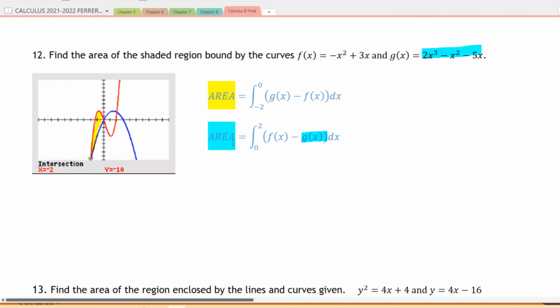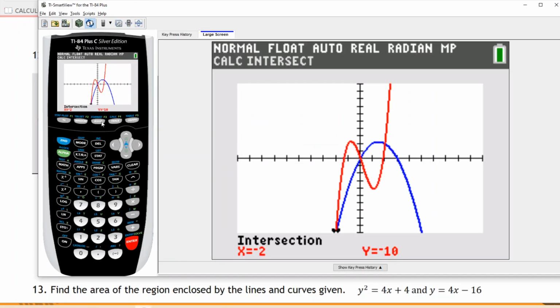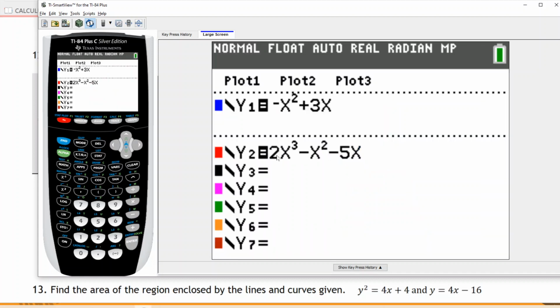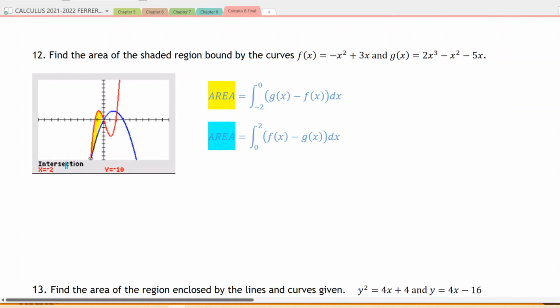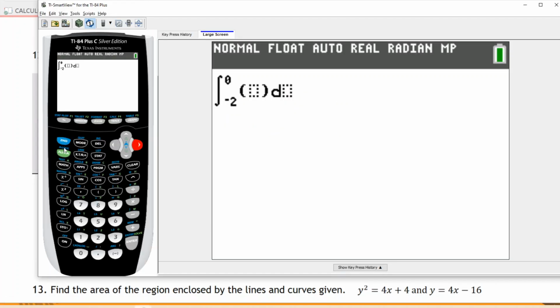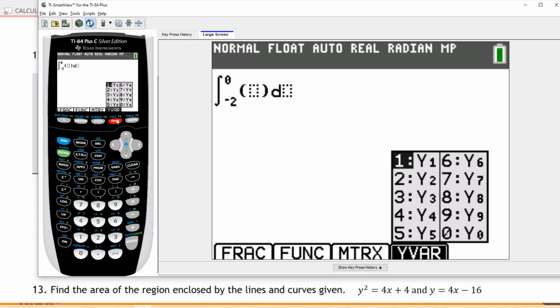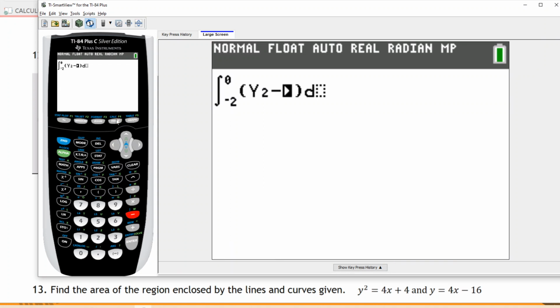So let's figure out which one is which on the calculator. We want to know which one is the cubic because that's going to be g of x. And if I go to y equals, it looks like g of x is going to be in y2. On the home screen, we're going to now integrate from -2 to 0. And the cubic is on top, and the cubic is y2. So we'll do y2 minus the quadratic, and the quadratic is in y1